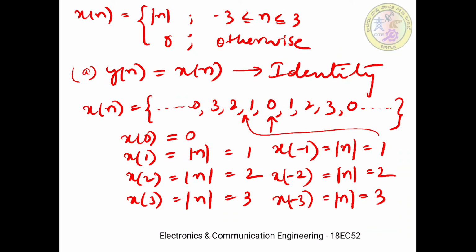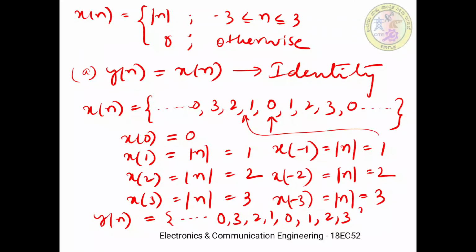Now when you apply this discrete sequence to your discrete time system, then we can define the various operations done by the system on this signal x of n through equations or representations. One of the representations is y of n is equal to x of n. So in this case I can directly write that y of n is again the same as x of n. So my answer for this problem is again 0 3 2 1 0 1 2 3 only. This is the solution, because it is an identity system. So that is the first example.